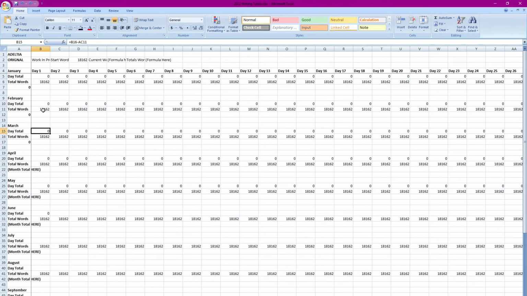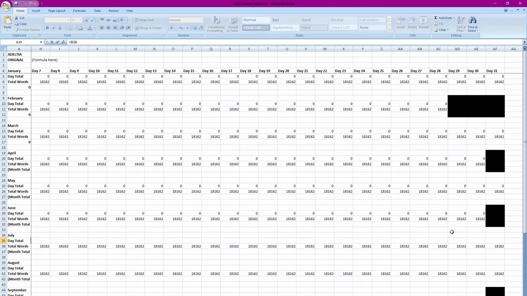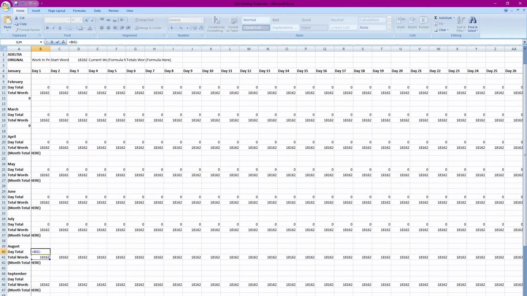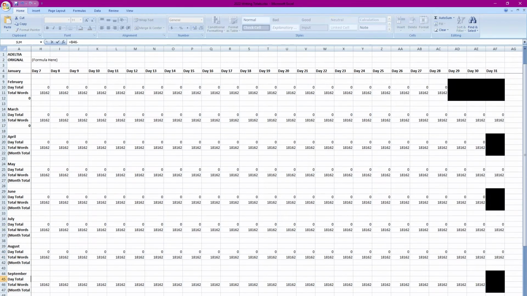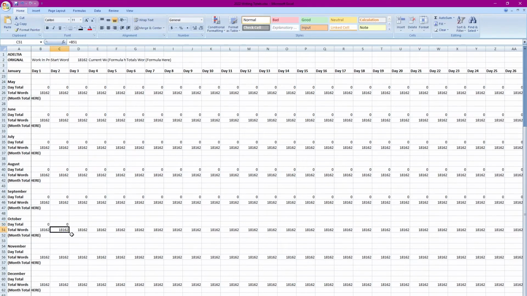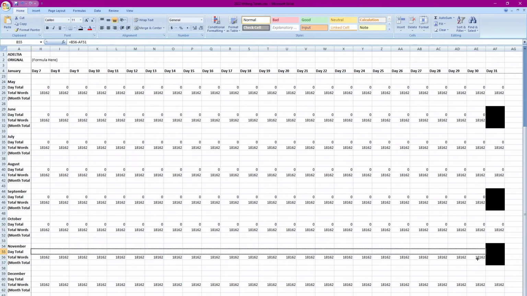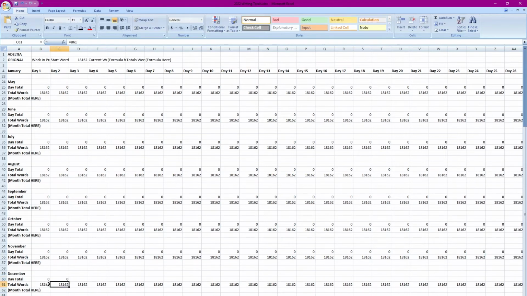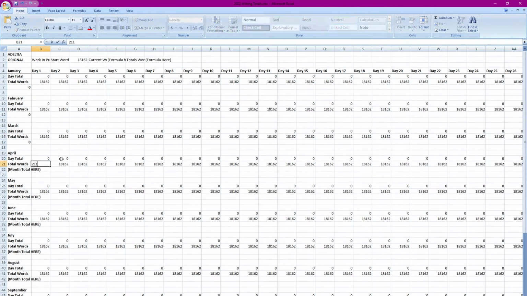I created one tab as a template tab, and I'm working on one of my original stories, which is a work in progress, because I needed totals and real data in there so I could see how my data was going to work together. At the top of the spreadsheet, I have the name of the story, whether it's an original or fandoms. I have the word count when I started the story at the start of the year. I have what my current word count is up to and the total number of words written that year towards that story. I then break it up into months with January, February, March, April going down the page and the day of the week going across the page,